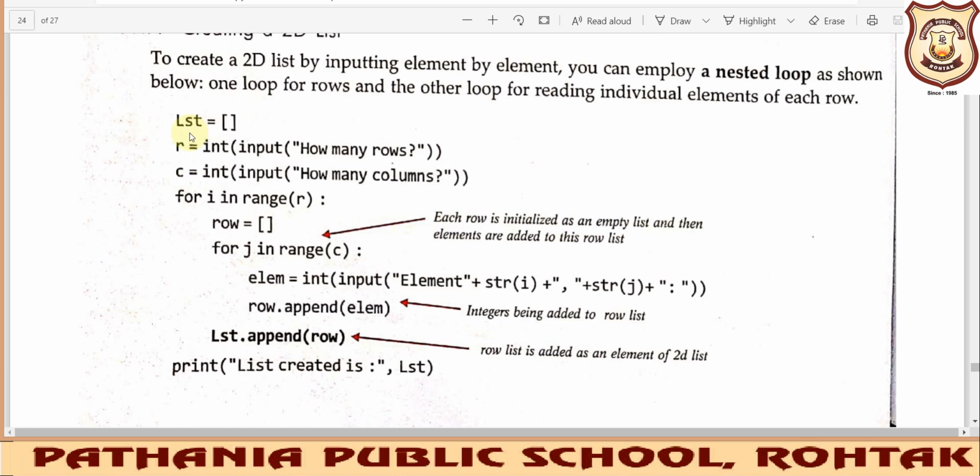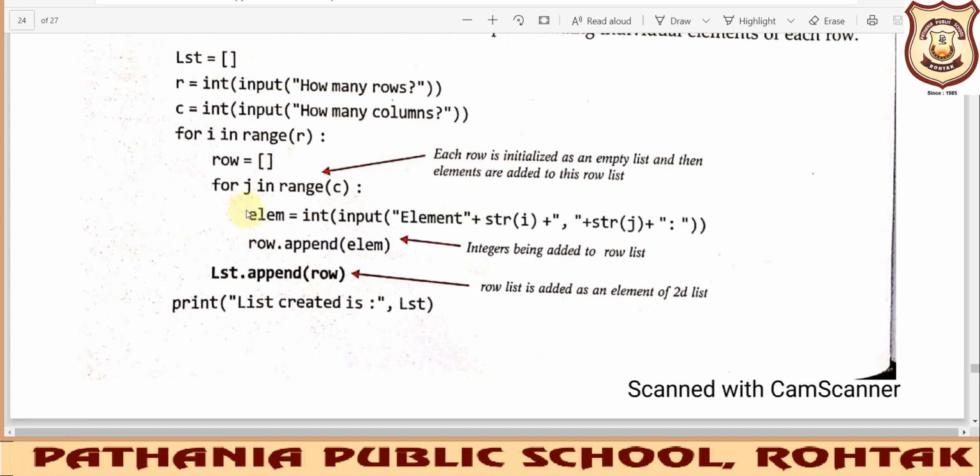Initially we have taken an empty list like this, and then we are asking the user to enter the number of rows and number of columns that are required in a 2D list. Once the user has entered the number of rows and columns, we will start taking the elements inside the 2D list. The first for loop is for the number of rows.